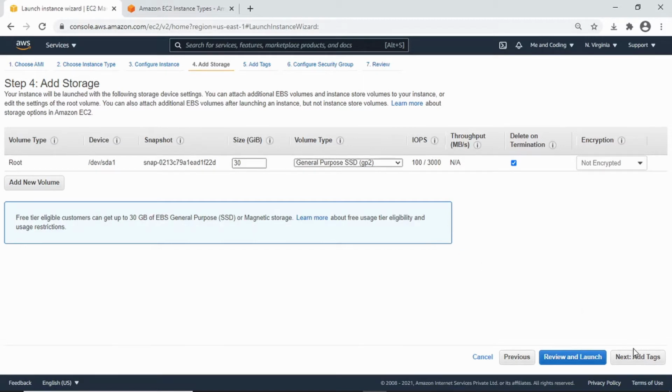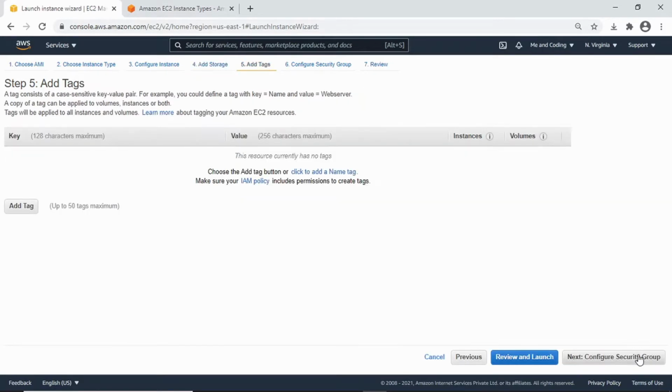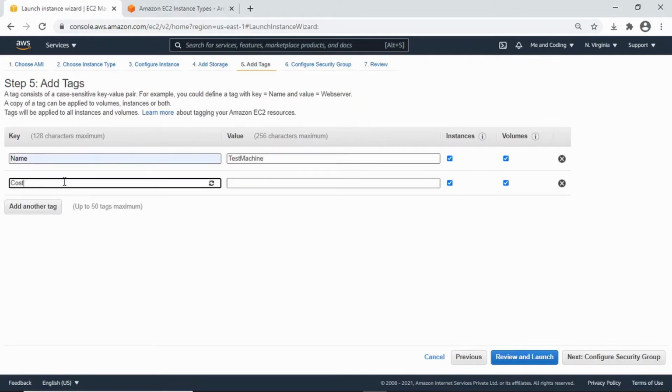The next step is to add the tags. So always add tags to your instances. In fact, for any resource, add the tags. So we are saying add the tags to the corresponding volumes also, so that it will be easy to search the volumes using the tags. You can add as many tags as you like, up to 50 tags are allowed. So make use of them. They are really helpful.